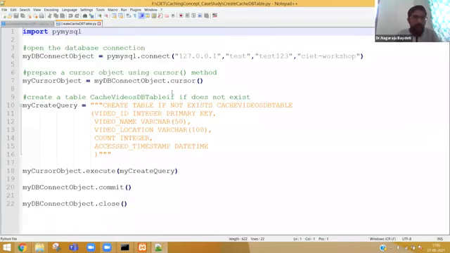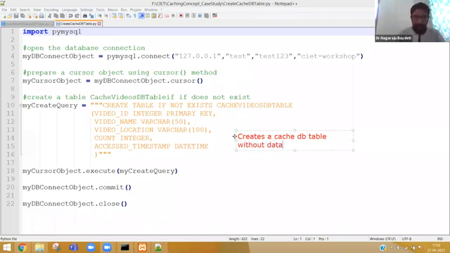Okay. Now let me explain this program also. It creates a cache DB table without data.